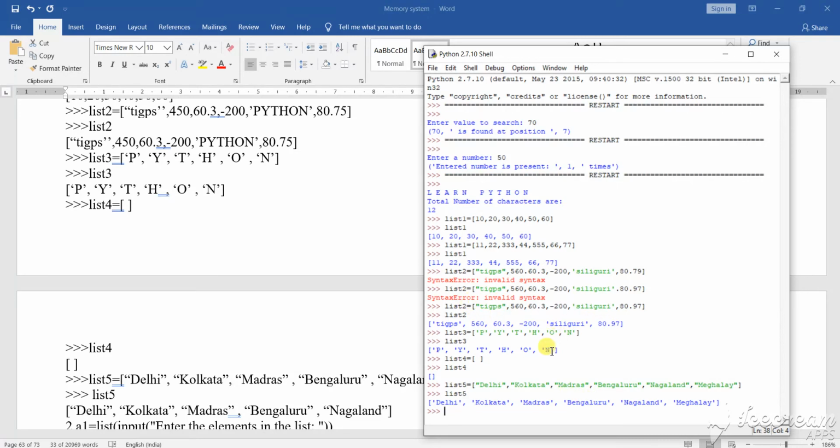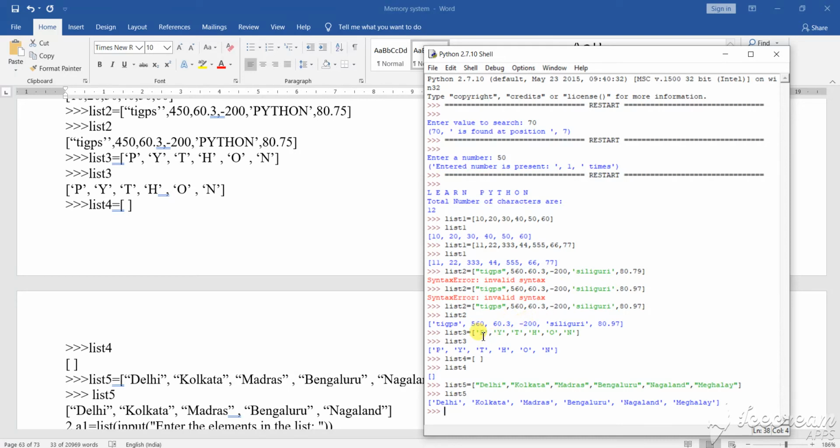Is it? So this is the part, this is the different type of list. This is an empty list. This is the list of all the combinations of the alphabets. So a combination of alphabets gives you the combination of alphabets only. Empty sets give you empty sets. Clear? So if you are taking the numbers with the alphabets, it is going to give you the numbers and alphabets along with it. If you are taking a plus minus combination of any particular pattern, it will return you that particular pattern.